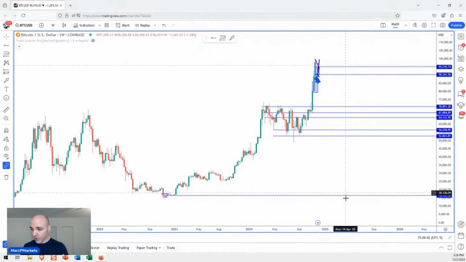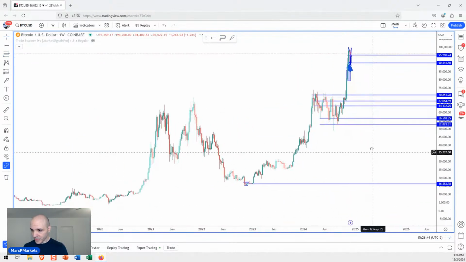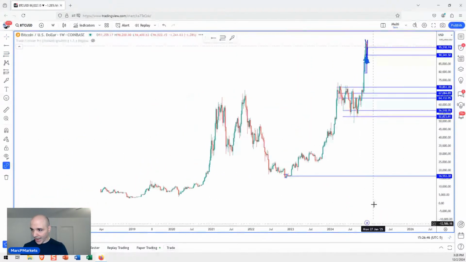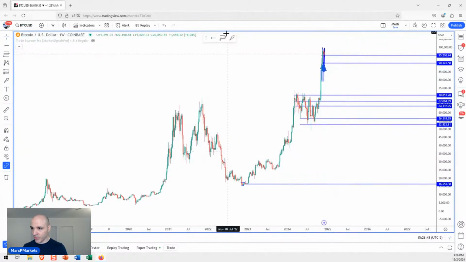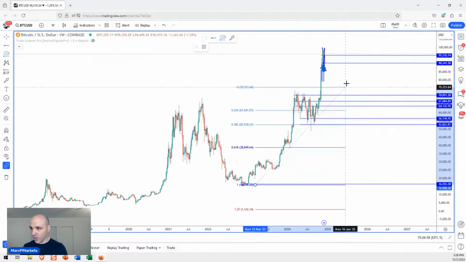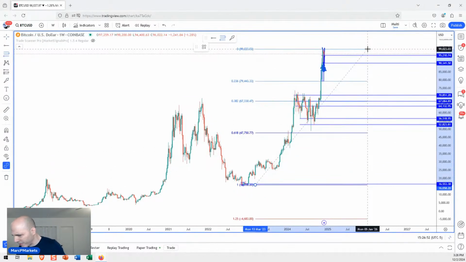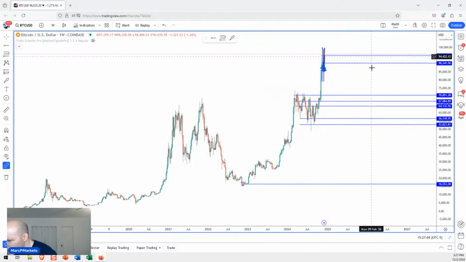Well, if we measure, we go back, and we can measure some structures here. Just this structure alone. What is that bottom there? 15K, I think. Yeah, that's the 15K bottom that I'm measuring from. A halfway point to that, pulling back like 50% of that is like over here somewhere. So that's like 60K.